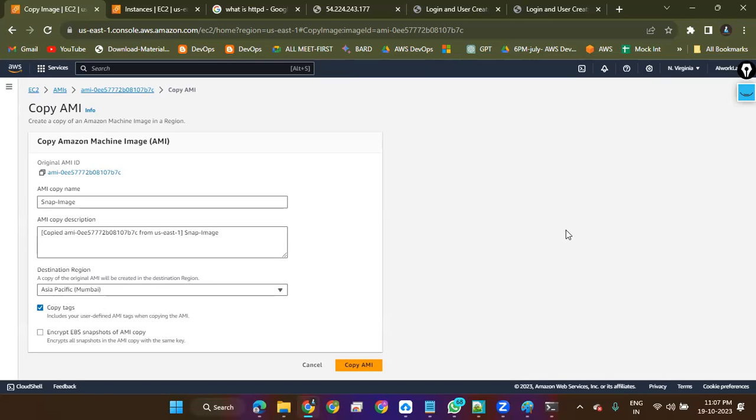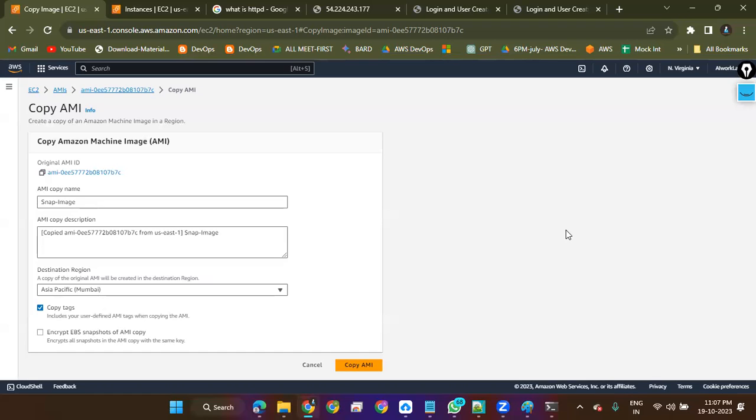Restoring is something you deleted and you're calling back. Got it. Now what I'm doing, I'm copying it, I'm replicating it to another region. It is possible. So in both regions that image will be present.